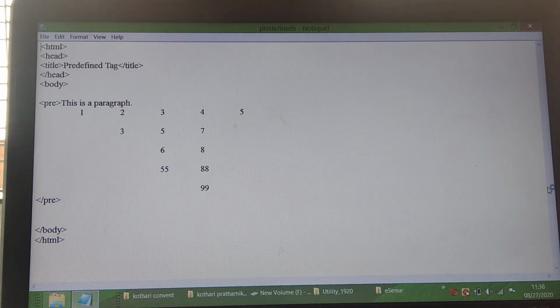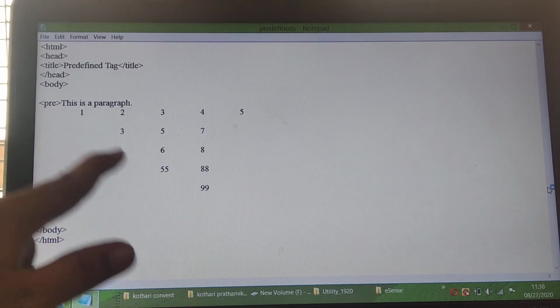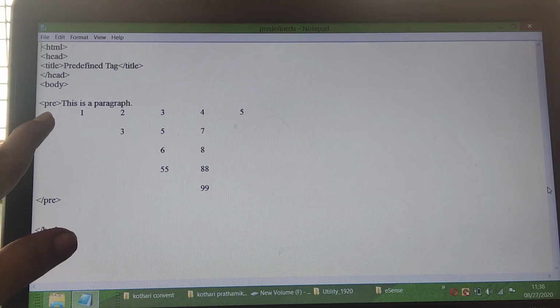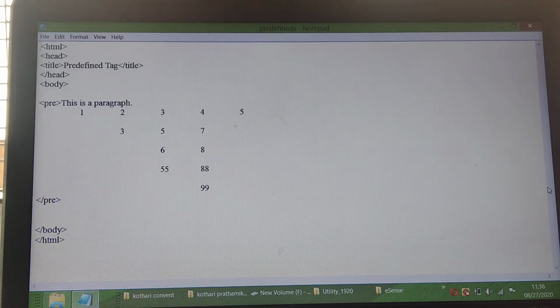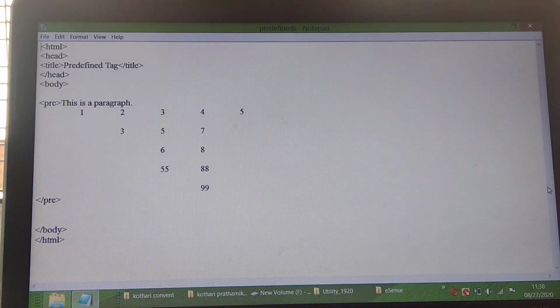Now you can look at the HTML document we have written. Here is the example. This is the input, enclosed within the pre-tag. Pre-tag is very important for displaying the text with the space in between the characters, also at the time of displaying over the output screen. We can look at the output screen over different browsers.